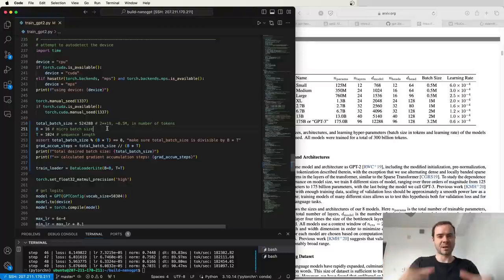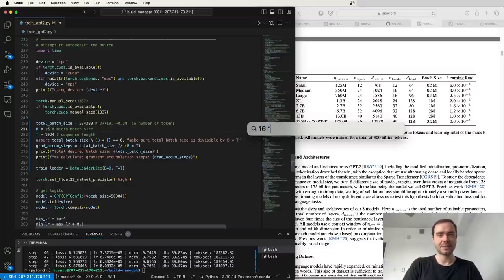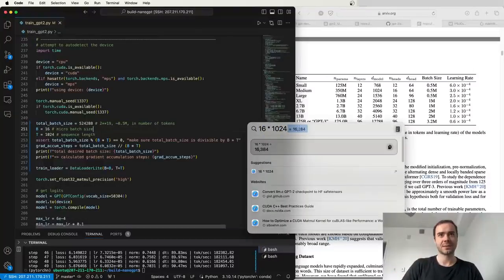So we're going to do forward, backward, grad accum steps number of times, and then we're going to do a single update once all of that is accumulated. In particular, our micro batch size is now controlling how many tokens, how many rows we're processing in a single go of a forward, backward. So here we are doing 16 times 1024. We're doing 16,384